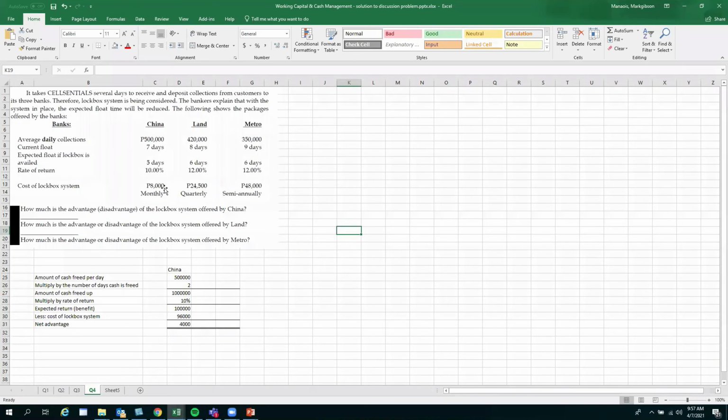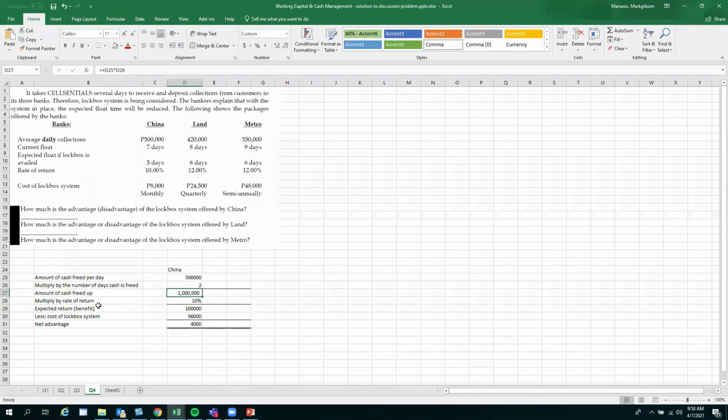How much ngayon yung cost of lockbox system? So that's 8,000 per month for China. So isa-isa natin. The amount of cash freed per day is 500,000. Ito lang yung average daily collection mo. Multiply by the number of days cash is freed. So 7 less 5. So that's 2 days. So you'll arrive with the amount of cash freed up, which is, how much is this? 1 million. Multiply by the rate of return. Ito na yung, supposedly, amount na ma-generate mo from reducing the floating time. So that's 10% or 100,000